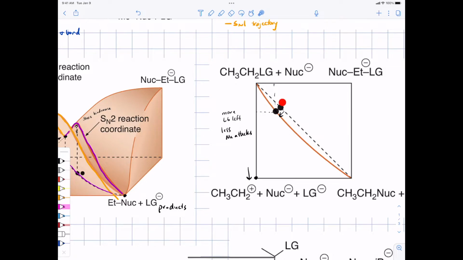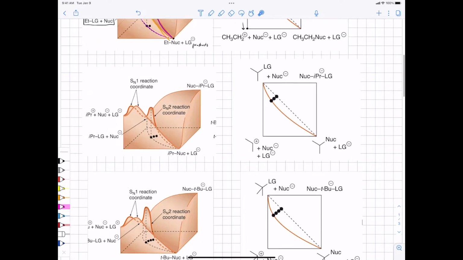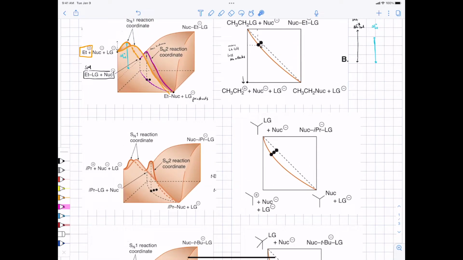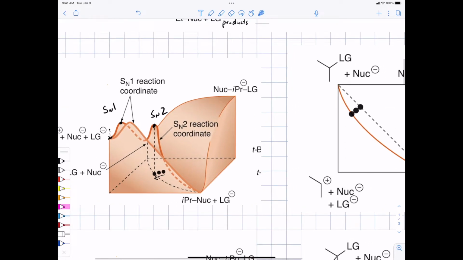You see how we've moved from here to here. All right. And so we can continue onward. Once we get to a secondary alkyl halide, you can see that the transition states for SN1 and SN2 are competitive. And we can see that because, again, we've lowered the free energy of this carbocationic intermediate, we have pulled the reaction landscape, the trajectory for the SN2 reaction, even more towards this corner. And so now we're even